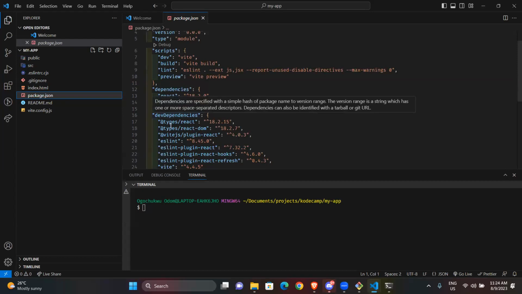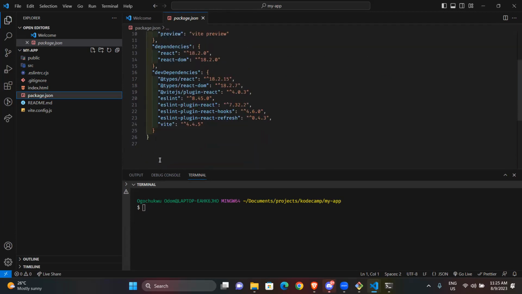But then you see we have dev dependencies. So we have types that check the types that we are using. We also have types for React DOM. We have the Vite plugin for React. We have ESLint. ESLint is kind of to check your code that you're following standards and all of that. Then you have Vite itself. Vite helps it to run, that kind of stuff.